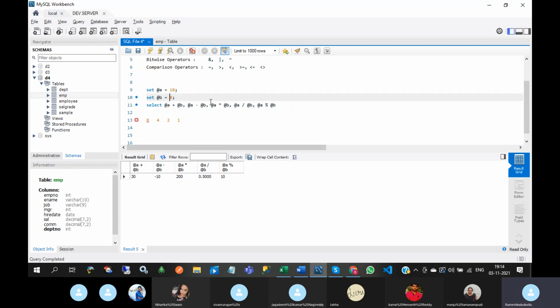So if we take 10, 11, so what is the binary number of 10? So if you put 1, and 0 and 1 0. So this is here. What is the ones position? 8 plus 2. So this position is having 1 and this position is having 1. So it is equal to 10. Okay, 11 means 1 0 1 1. Okay, this is 11.